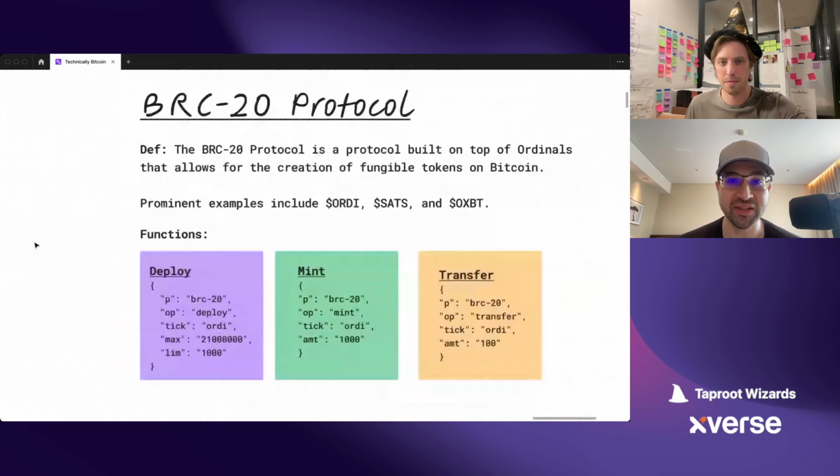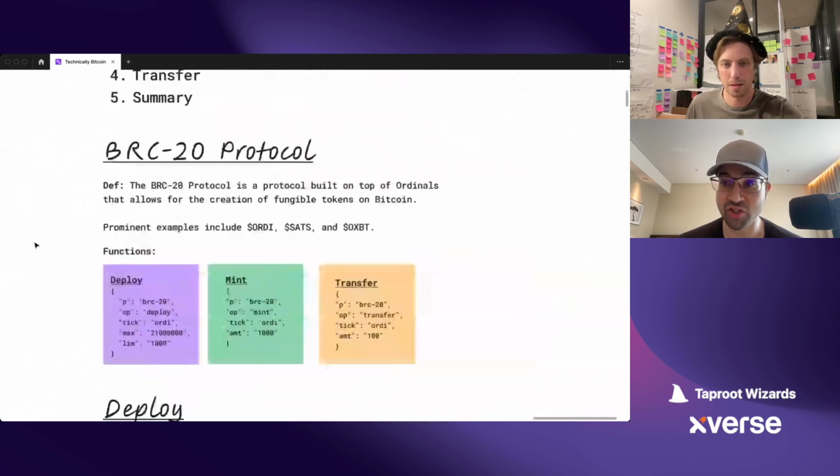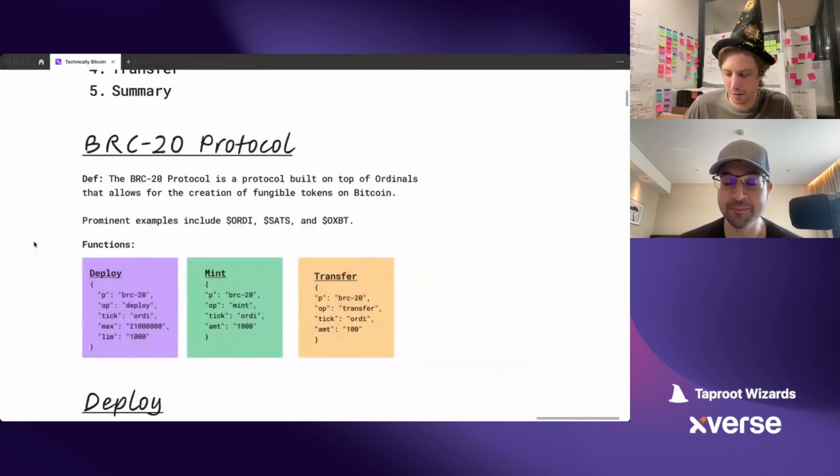And now, obviously, in Asia, that's really the hotspot for BRC-20s. People in Asia love BRC-20s. And you even see Binance, OKX, and many of these very large centralized exchanges jumping on the train, supporting and listing these things. And that brings a lot more eyeballs and a lot more liquidity to all of these things.